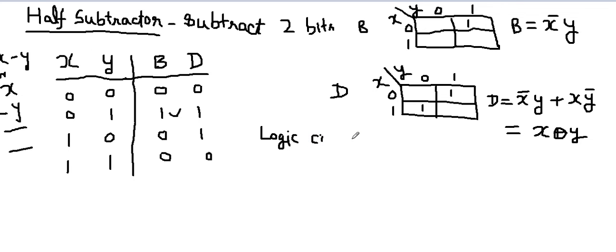So first step is your truth table. Second step is to simplify the boolean function with the help of Karnaugh map. And if you don't know what is Karnaugh map and how to write these functions and how to simplify the boolean functions, right? So you can watch my other videos, because I have already started this series, and this is the 9th video lecture in the series of computer system architecture. So because we have 2 variables, we will write x and y here,